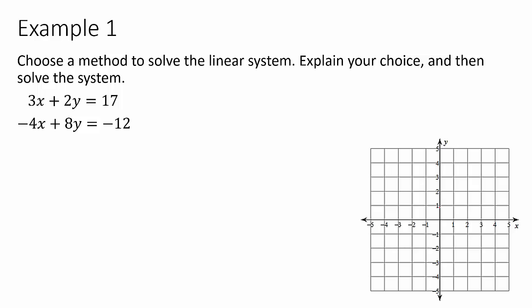And so that means that substitution isn't really a great option necessarily, because we would have to divide by something to solve. So that's probably going to give us fractions. And in fact, I guess we could solve for x in the second one and not get fractions, so it's not impossible to do substitution on this one, but it could be that there's an easier method. The same thing with graphing. These are not in slope-intercept form, so I'd have to do a lot of work to get them into slope-intercept